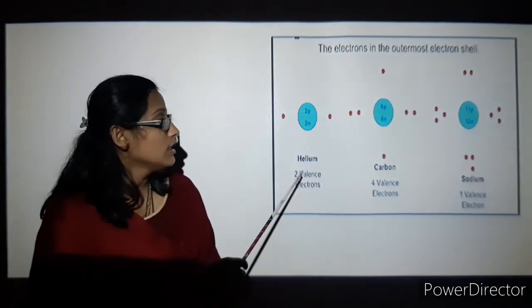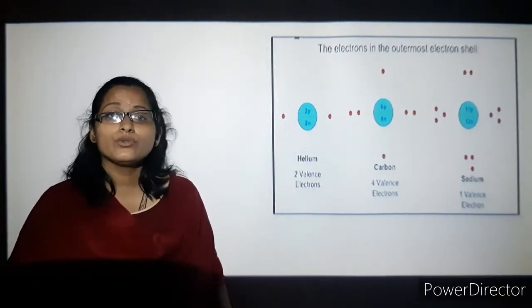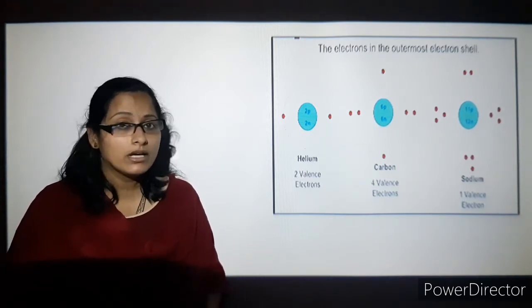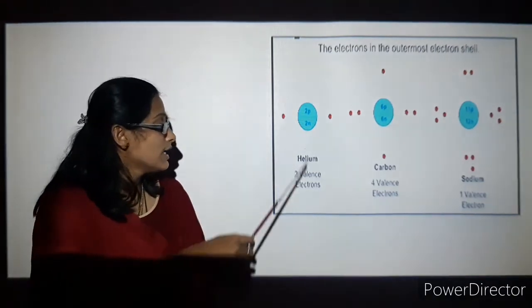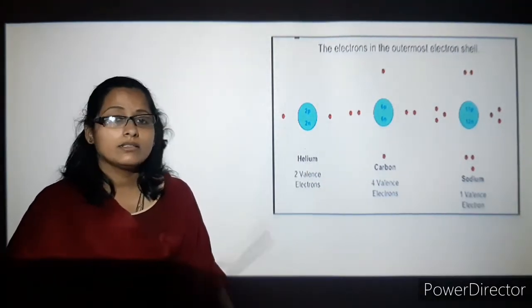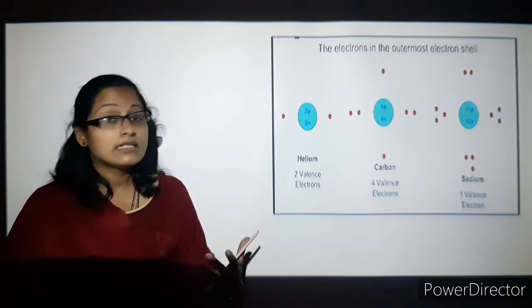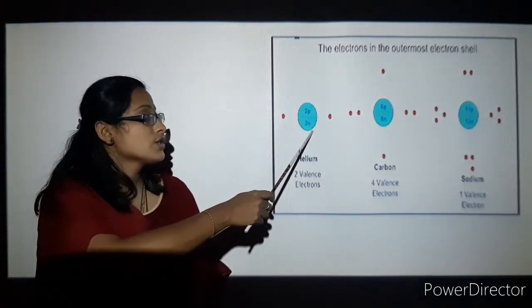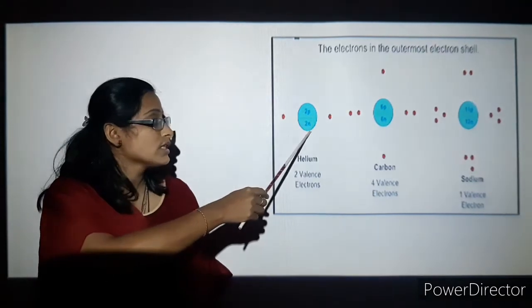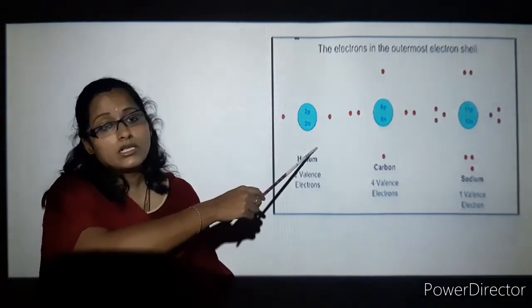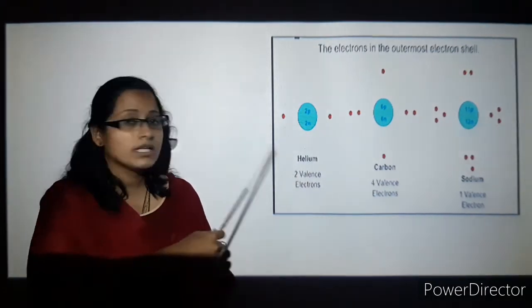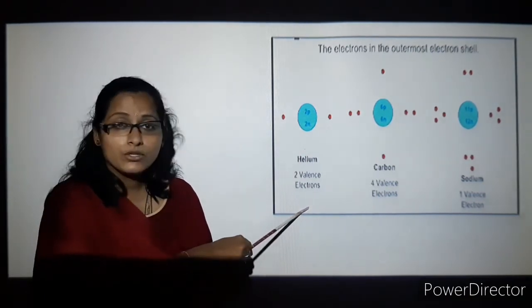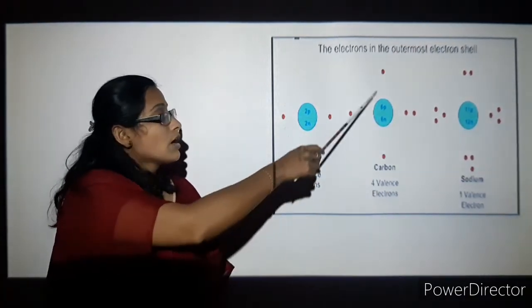So let's see here. You can see in the periodic table, you should always have a periodic table when you are learning about atoms and molecules with respect to chemical formulas. So we can see here that helium has atomic number 2. As I told, 2 always goes with the first shell. So here you can see protons, neutrons and electrons: 2 protons, 2 neutrons and 2 electrons. So helium's valence electrons are 2, because the first shell itself has 2. So let's know now carbon.